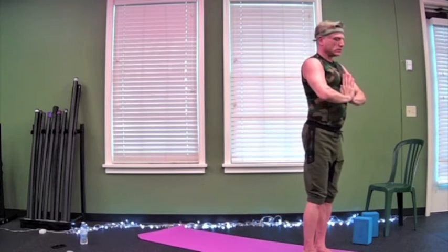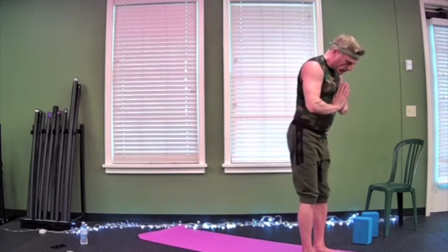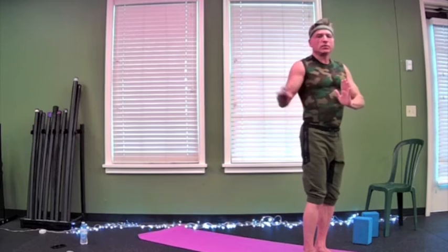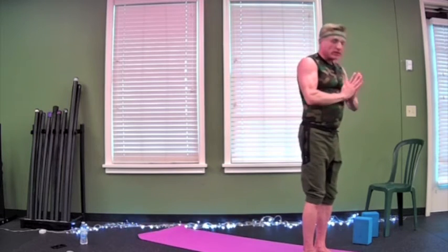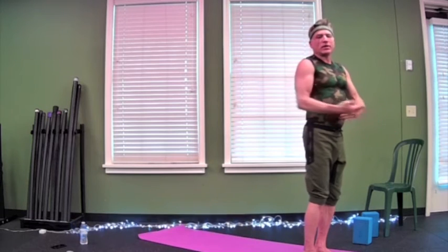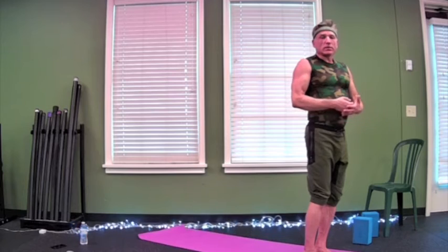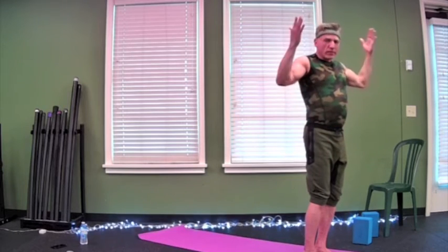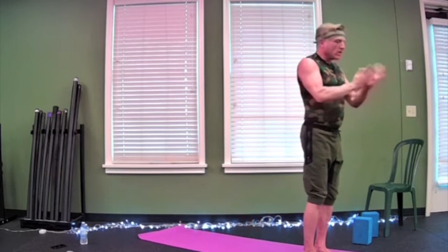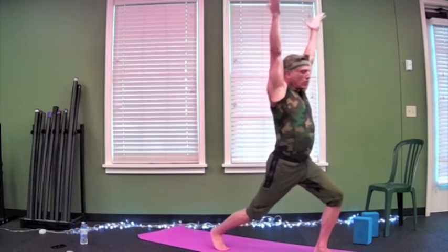Let's go through that a couple of times on each side, just moving from one to the next move. And again, if there's a pose you don't want to do, you can just hang out in the last pose you feel like doing. We'll all come together at some point in forward fold and go from there. Okay? So left foot lunge, warrior one,